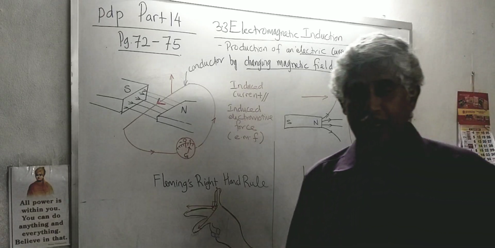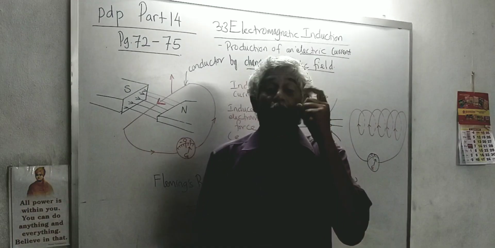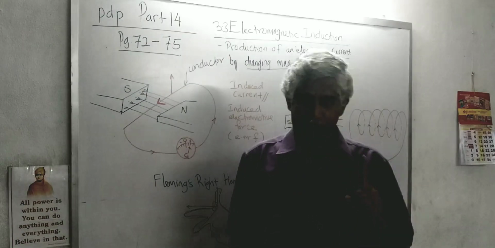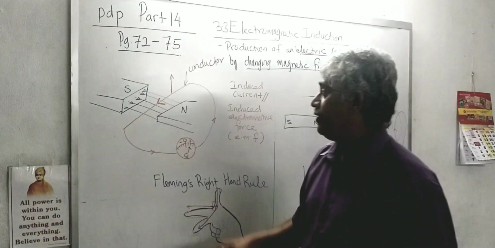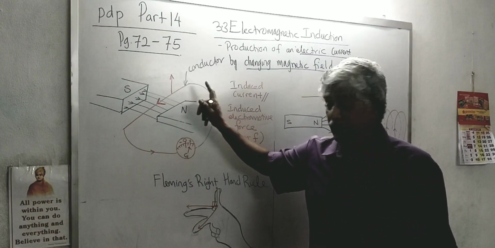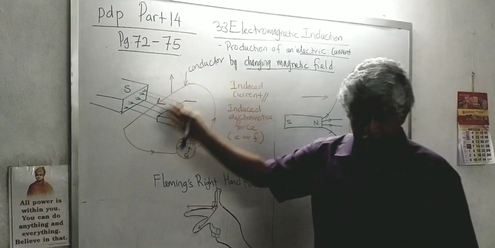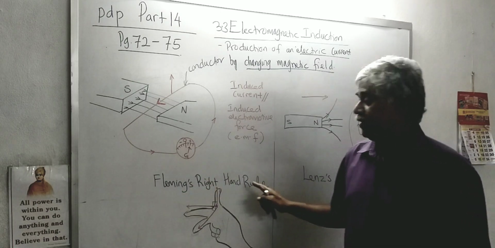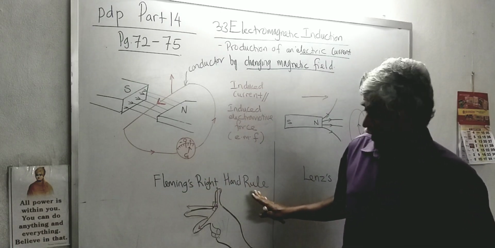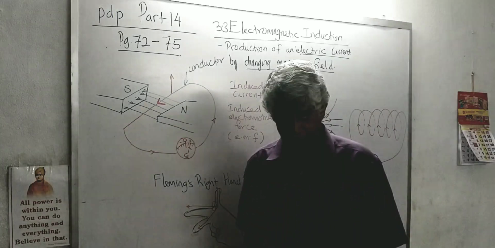Now the question comes here, two things you have to know. What is the direction of the current induced? That's what they like to ask. It is in the straight wire, or in the solenoid. Since the structure is different, for the straight wire we can use Fleming right-hand rule. That's what we are going to learn today. We can use Fleming right-hand rule to determine the direction of current.